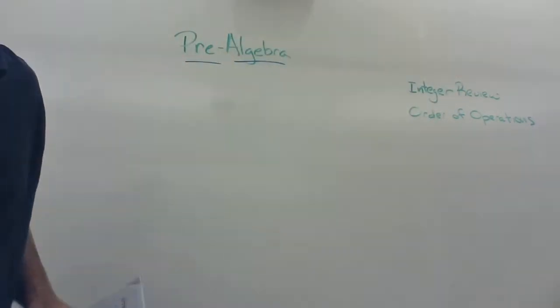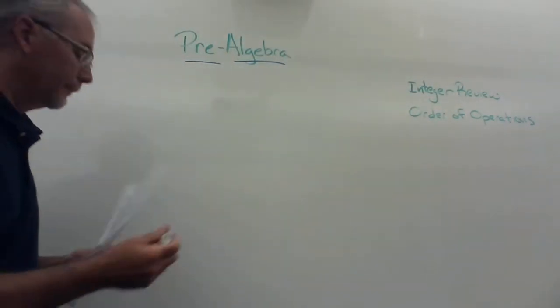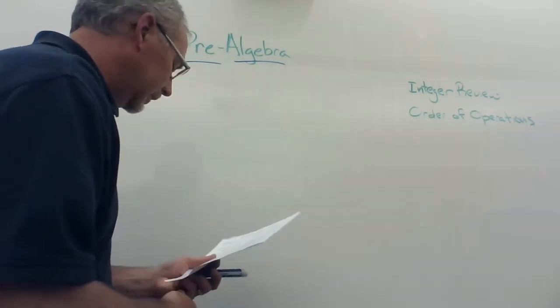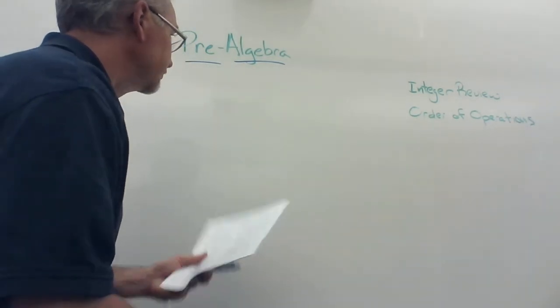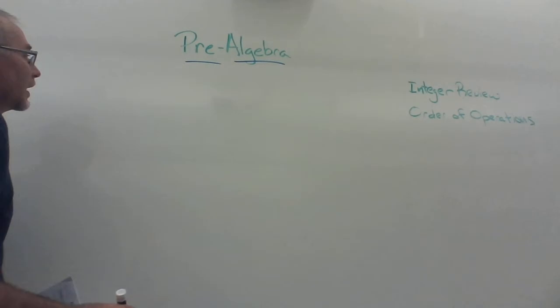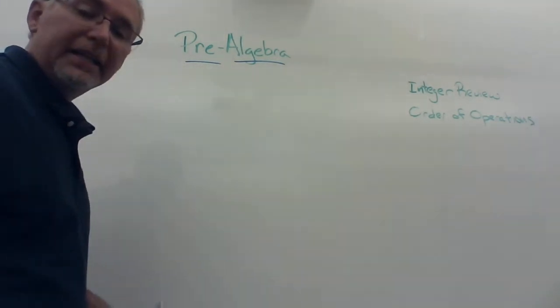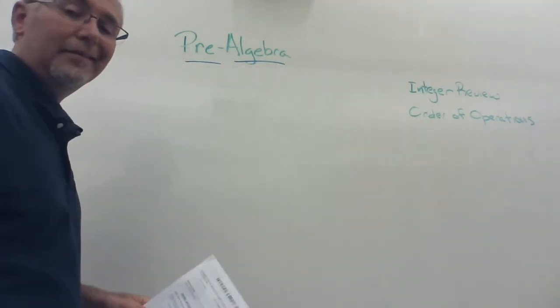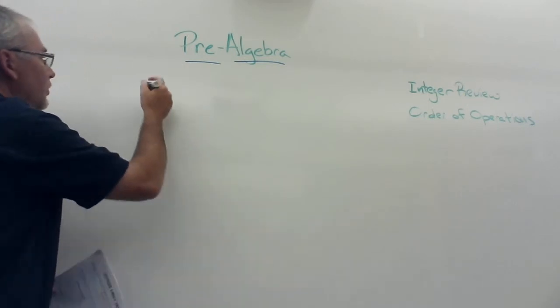And in doing so, we'll hopefully be able to accomplish a lot in a little amount of time because it is a review. What I like to do is start with multiplying and dividing of integers because I think it's the easiest. And so when we multiply